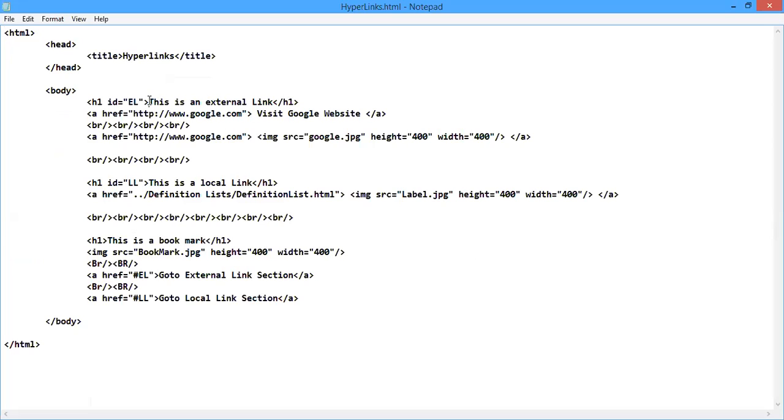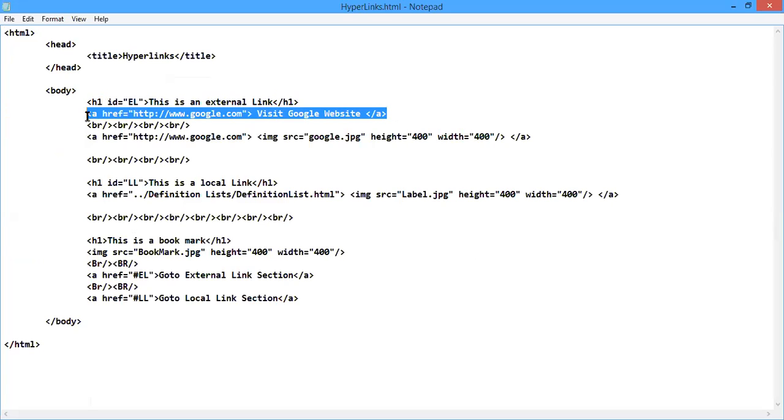Here I have inserted the heading. It's not necessary, but for user friendliness I have inserted a heading called this is an external link. Then this part is the coding that refers to the hyperlink.